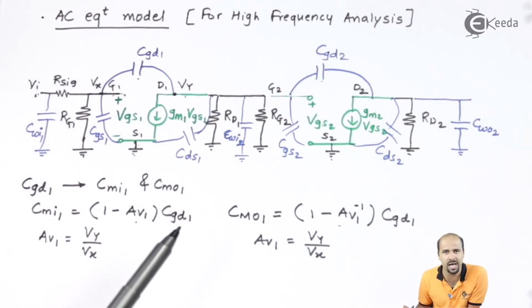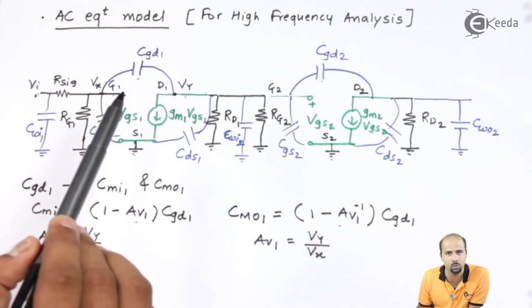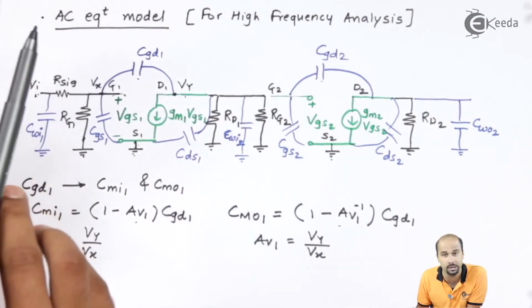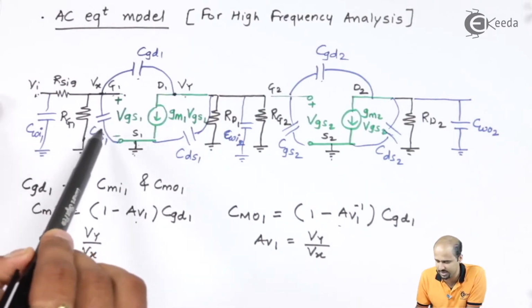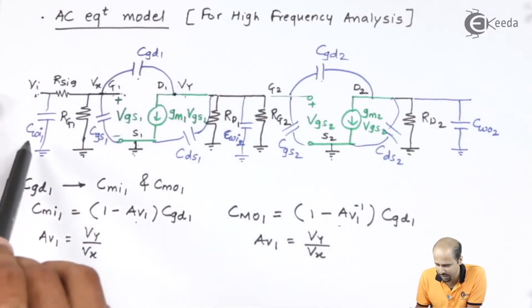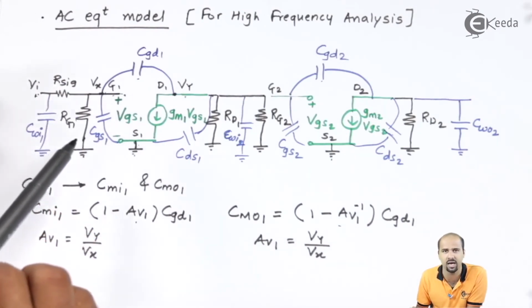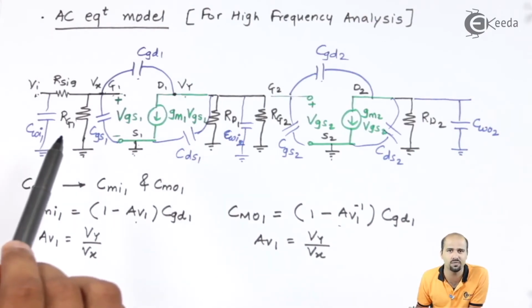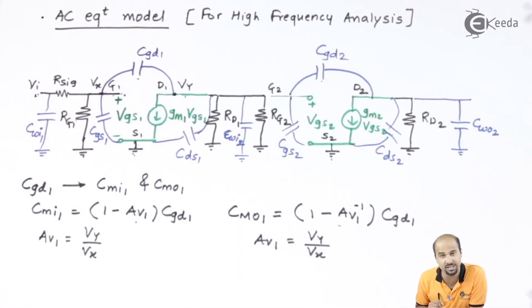We solve this ambiguity, this problem which arose due to CGD1. Now your picture as far as stage 1 is concerned is very clear. At the input side of stage 1, we will have CGS1, CMI1 and CWI1 connected in parallel, and along with this, 2 resistances are there. Yes, we have got the first RC circuit through which we can easily calculate the value of the first high cutoff frequency. Let's move further and see whether it is possible to remove this CGD2 as well.